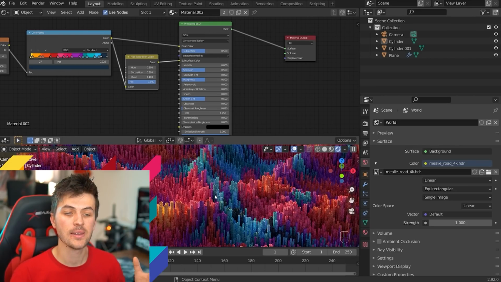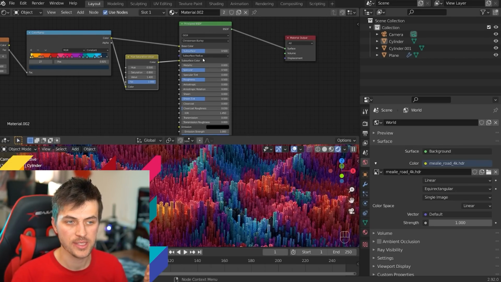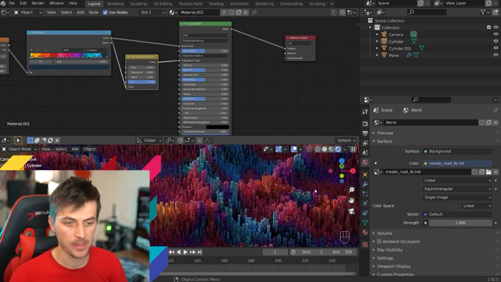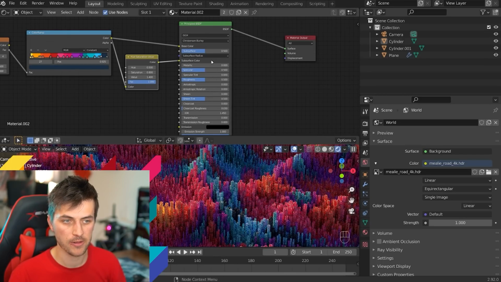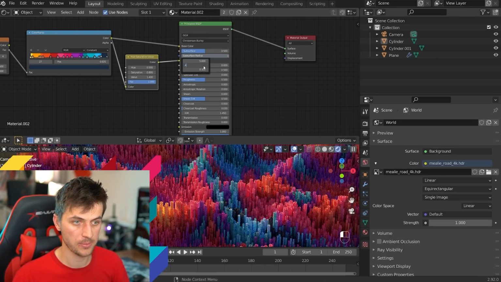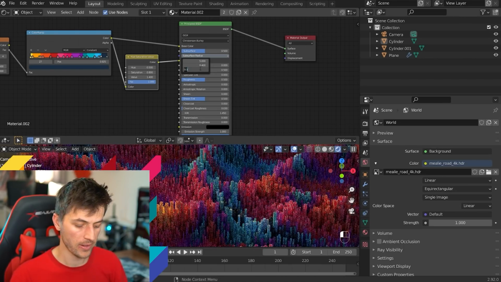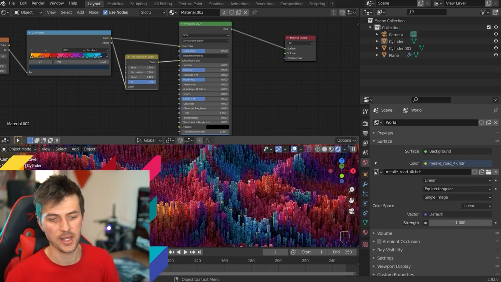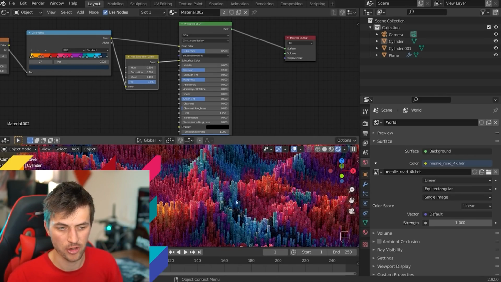And we can make this effect a little bit more extreme by going to the subsurface radius option here and increasing some of these values, like the red one, which is the top value. I'll boost that all the way up to 5. And you can see we just get more subsurface scattering happening. Then I'll also increase the green value, which is the second one here, to be about a 0.4. And then finally the blue value to about a 0.2. So basically making those numbers more intense. And as you can see, that just makes our rendering look